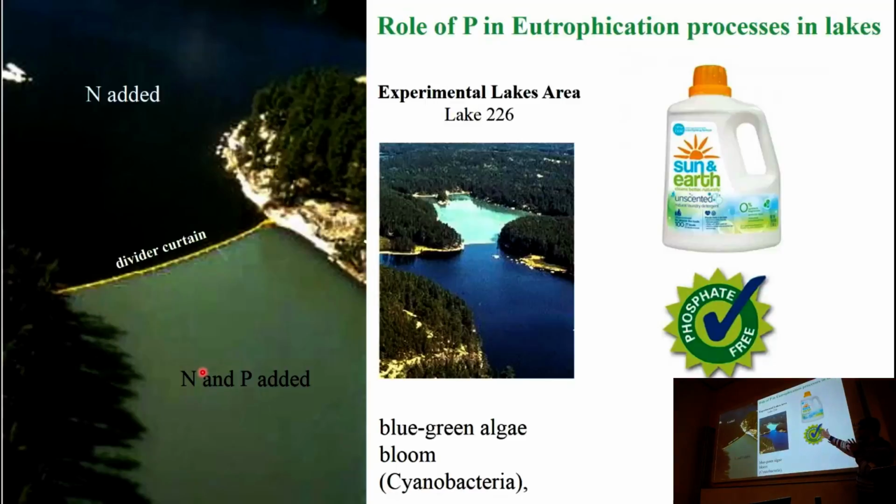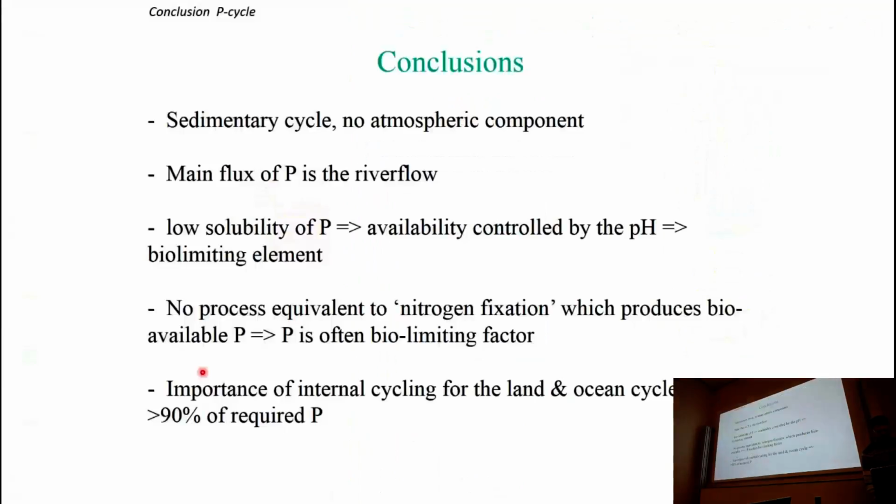But this photo is so compelling because it's so obvious that this is bad and that is good. Okay? And basically this photograph led to the legislation which started to reduce the use of phosphorus in detergents. So photographs are very important for convincing people that they're doing bad things. Okay, so to conclude,